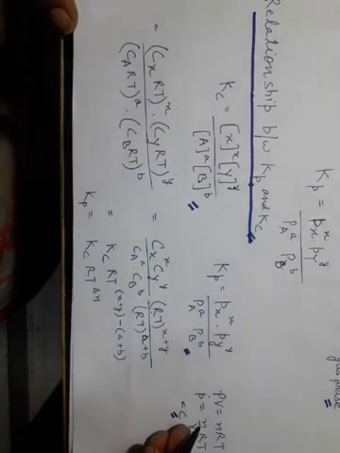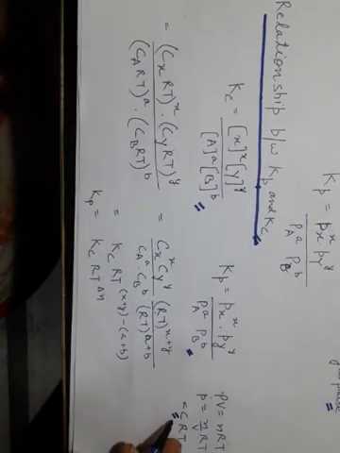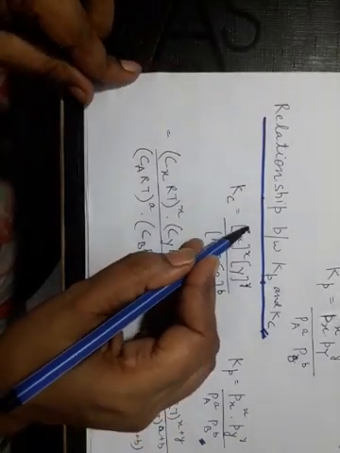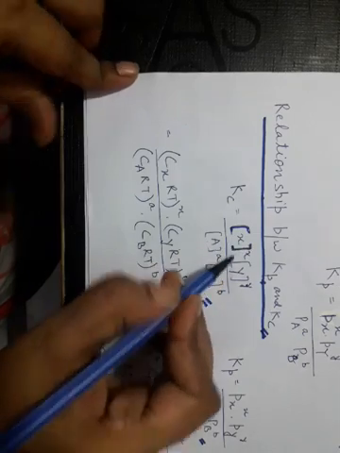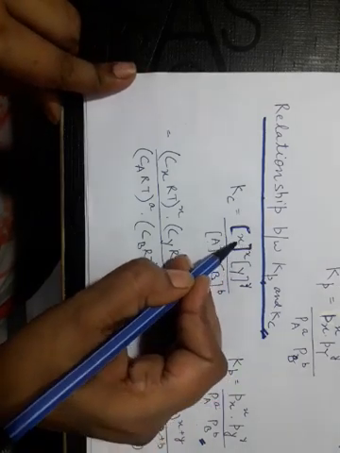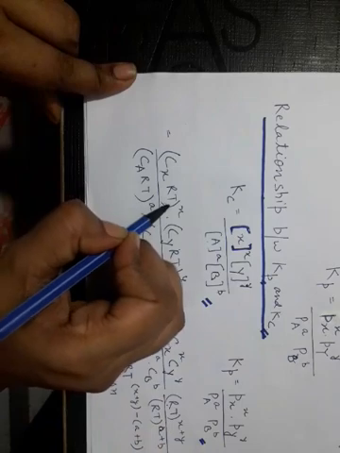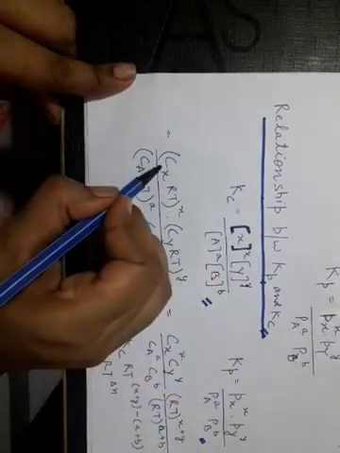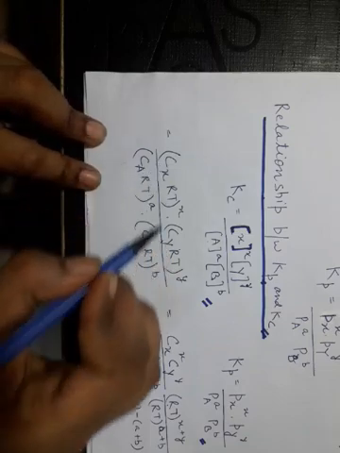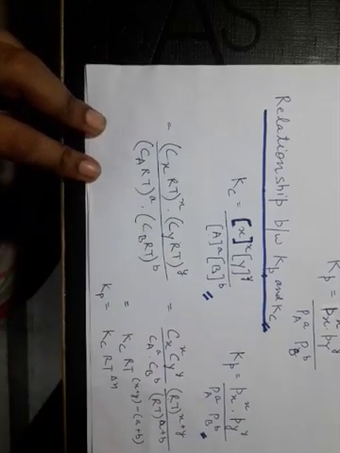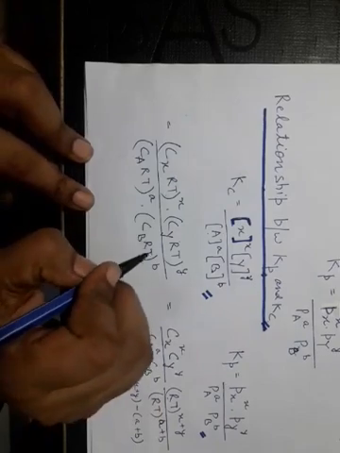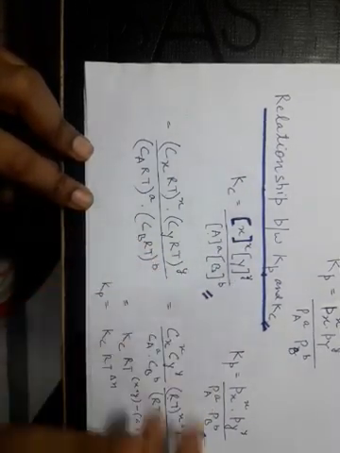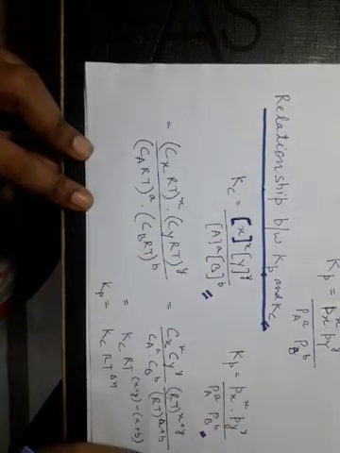Here we are using the concentration terms in Kc. See here, the bracket is the concentration of X. So we can place Cx RT to the power x. In place of this concentration, we are using the term C as we have studied in our ideal gas equation. So place the values, replacing these square brackets in each component.